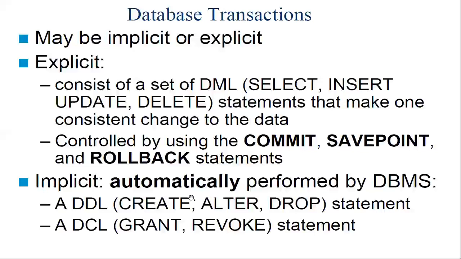After using this statement, there is no need to use commit or rollback. Suppose you don't want that effect to be cancelled, and you can use a rollback statement. Even if you use a data control language command, either grant or revoke, the implicit transaction is performed automatically. I hope you can understand: if you use a DML command, you have to do it explicitly, and if you use DDL or DCL commands, they are performed automatically. That we call an implicit transaction.